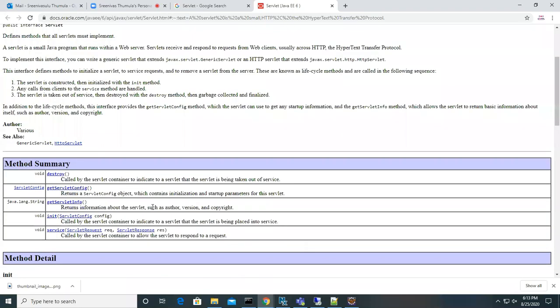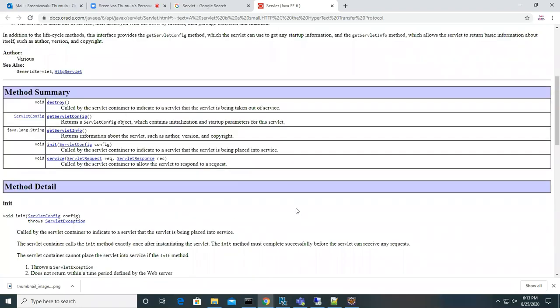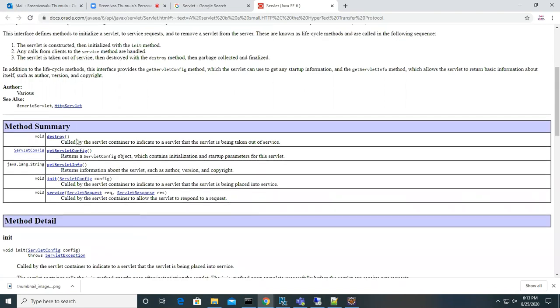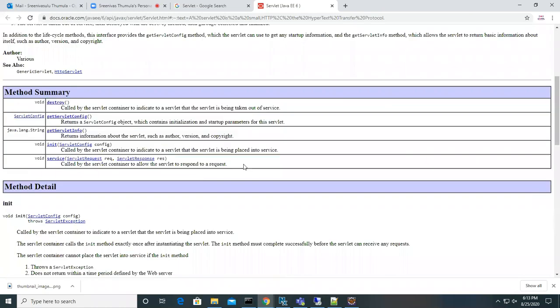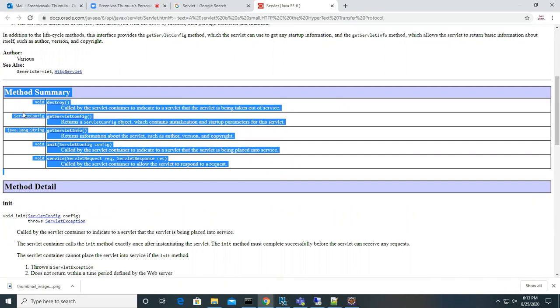Not only the destroy method, guys. If you see, it has the destroy method, getServletConfig method, getServletInfo method, init method, and service method. So in total, how many methods do we have in the servlet interface, guys? Five methods.